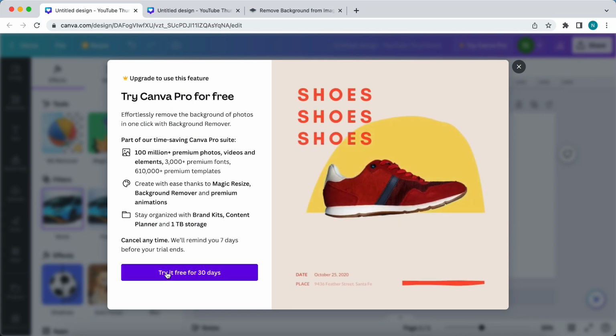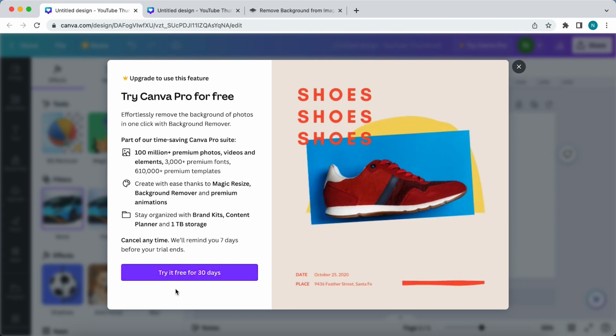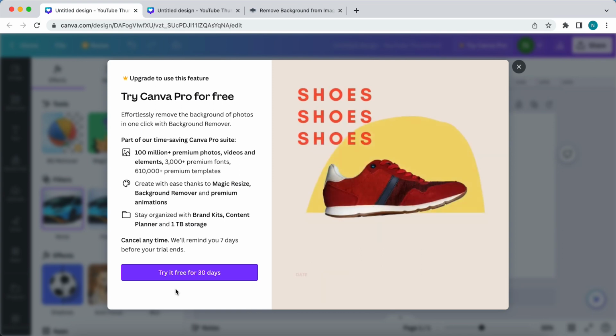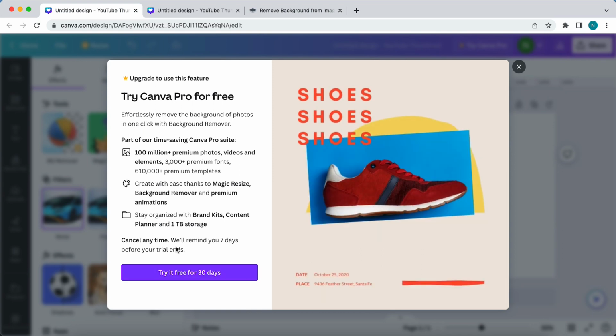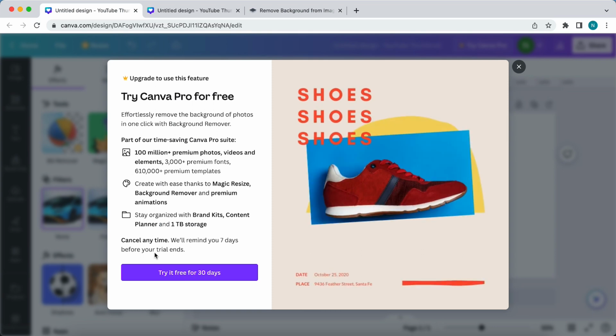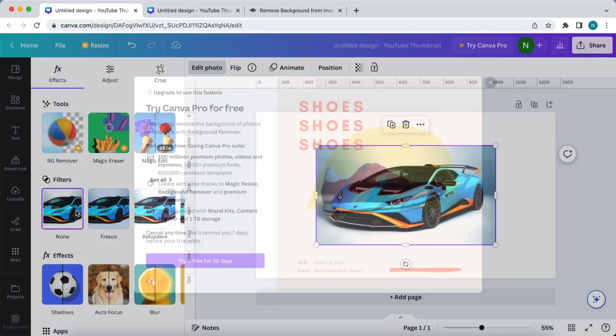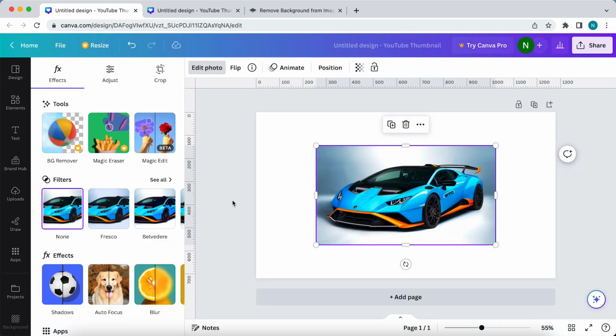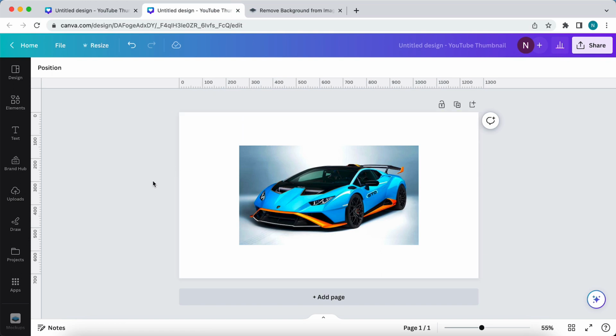So you can just tap on this button, try Canva Pro free for 30 days, and you can cancel anytime, and we will remind you 7 days before your trial ends that you can cancel your plan. So I will show you how it looks, how to remove the background on a Canva Pro account. So as you can see, this is a Canva Pro account of mine,